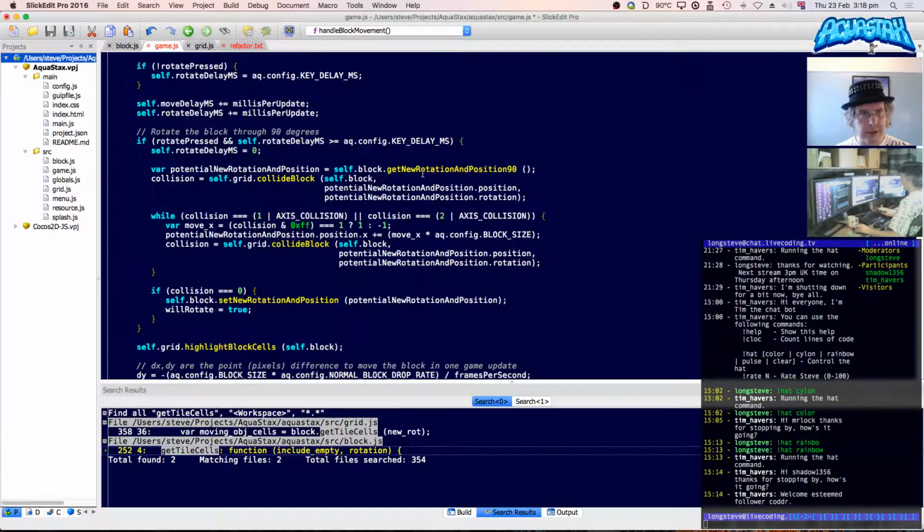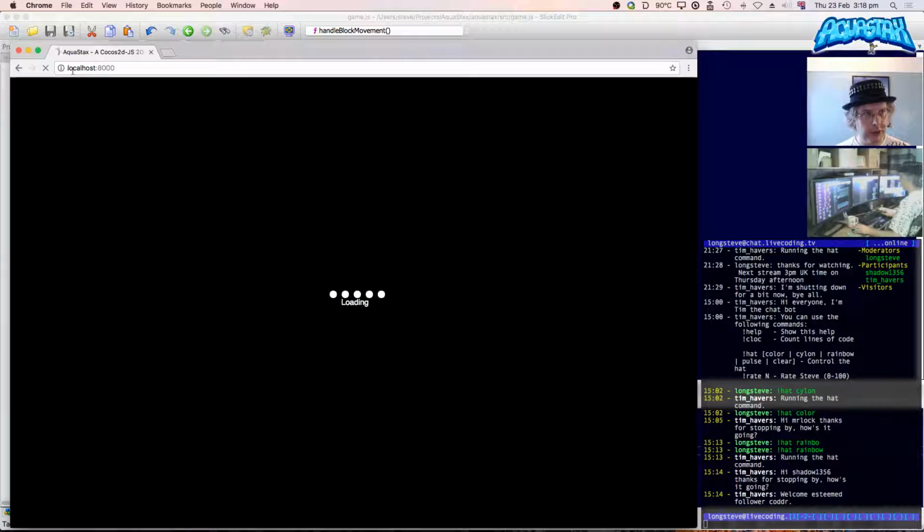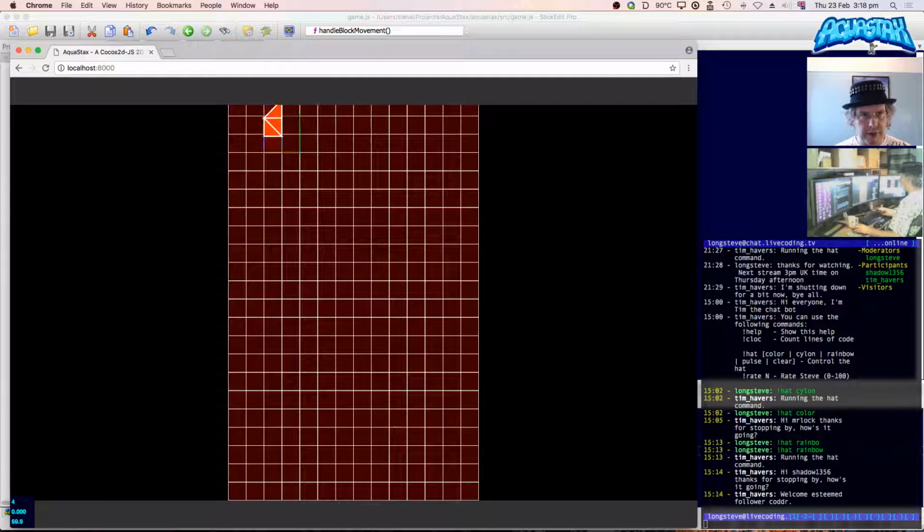There's a couple of things that can happen there. One is, let's save that. So now if I move this block down, you can see the block area gets shifted across to the right. There it is, shifted across to the right at that point. So all the rotations work. And that's okay, but there are situations where we could break this, I'm pretty sure, for a start. And the other situation is it doesn't work if the block is sliding down a solid wall that's built up of other blocks, not just the edge of the screen.